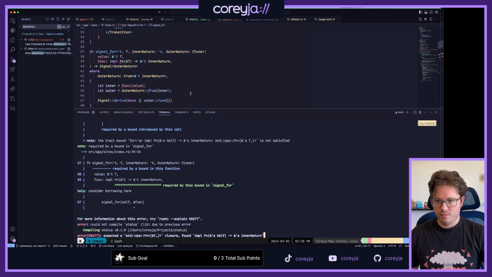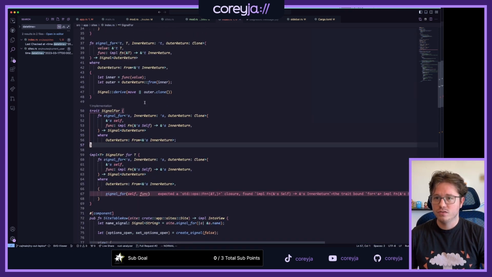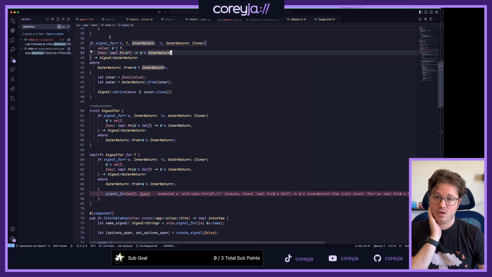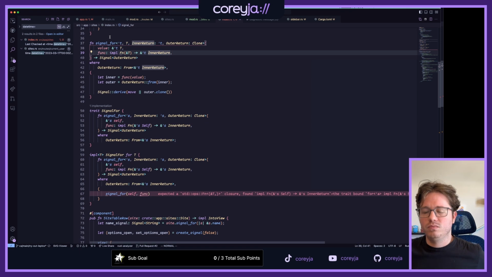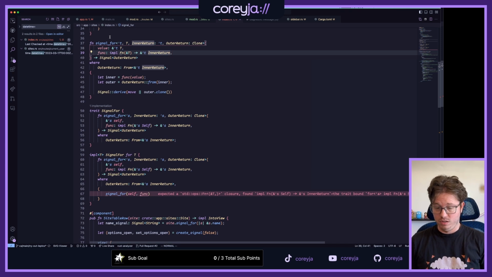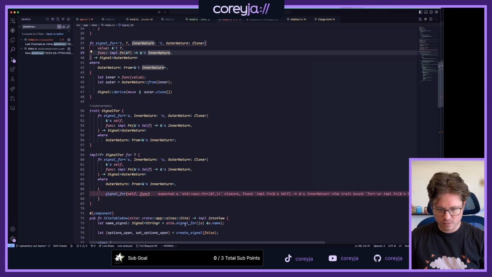And I don't want to reference this here. That doesn't make sense to me. Signal takes in a function that takes a reference to a T and returns a reference to inner return. And then where you can go from the reference to an inner return to an outer return. And the outer return here is a string because I told it it's gonna be a string, which means, yep, okay.